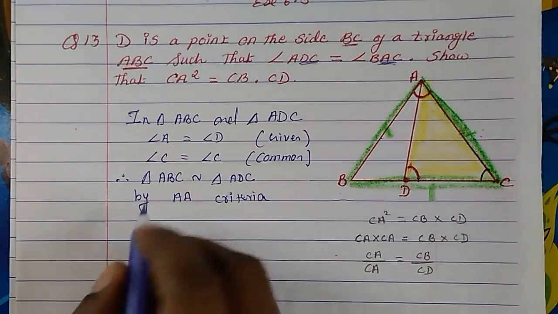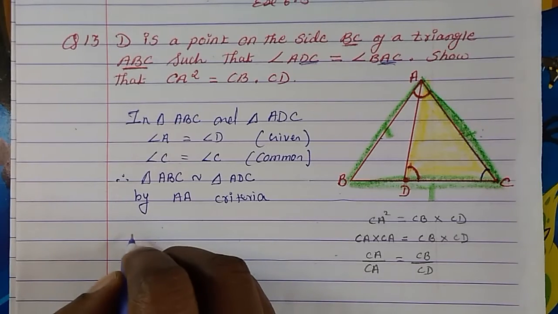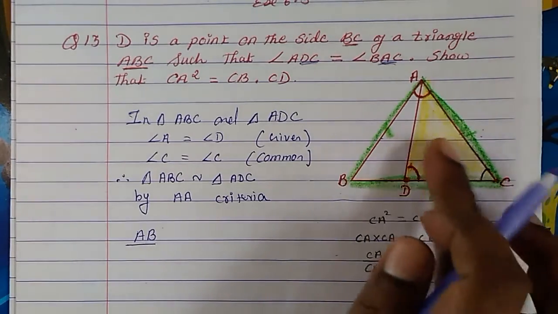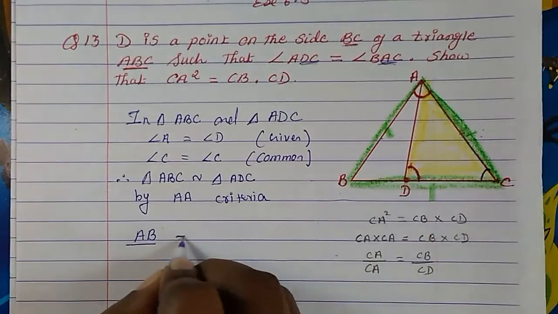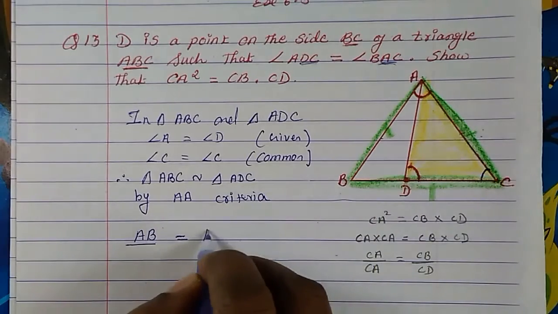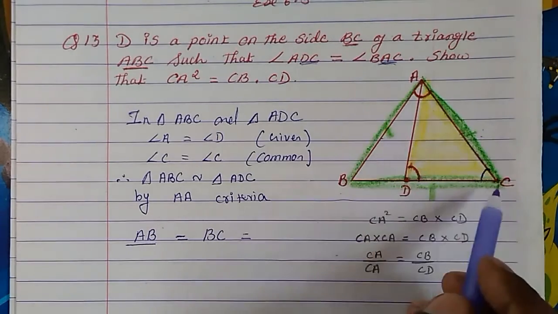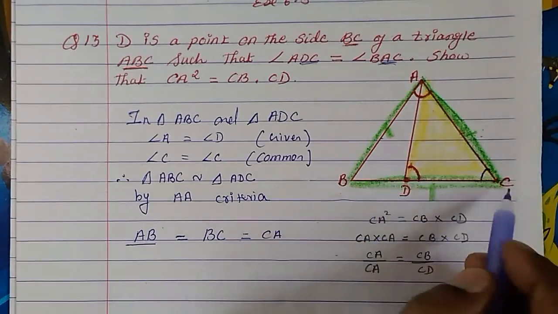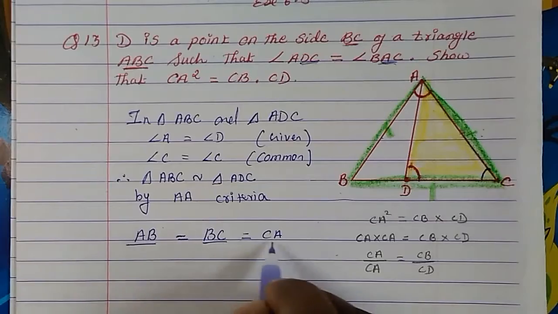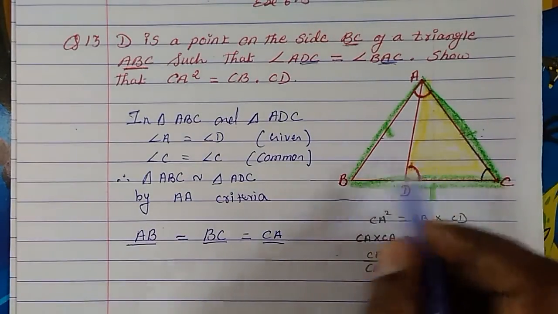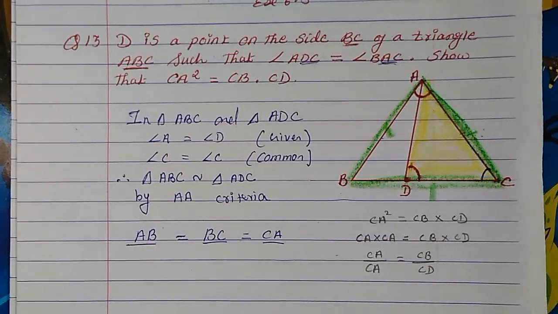So for that, first we will write down all three sides of the big triangle. AB, and upon which side for yellow we don't know, just keep it. Then we have AB, then let's write down the BC side, then AC or CA, whichever way you want to write. AB, BC, then CA, all three sides. Now, which side of the small triangle will be proportional to the sides of the other triangle?